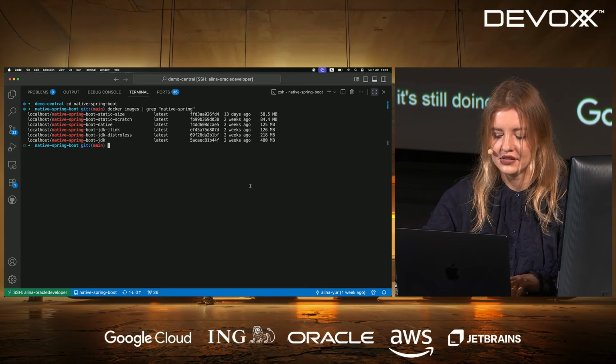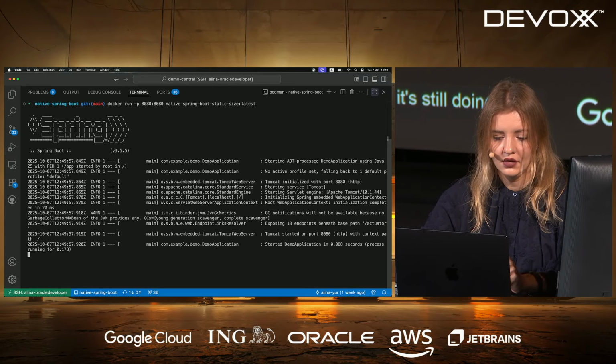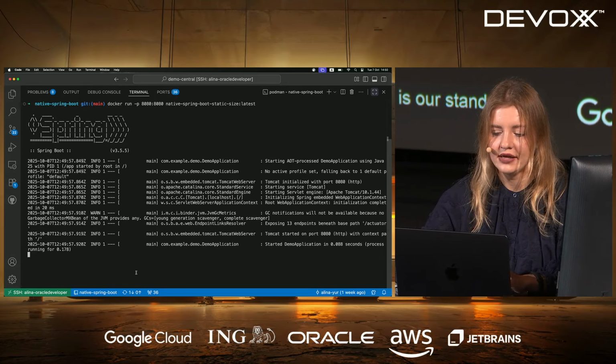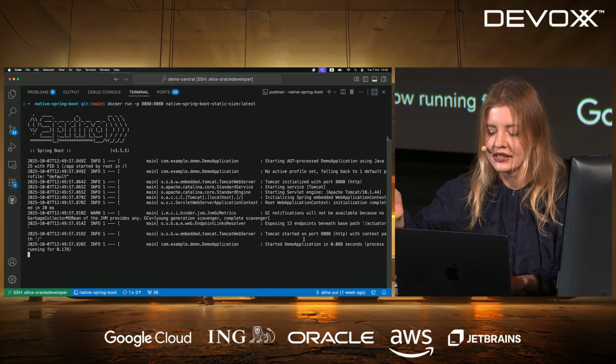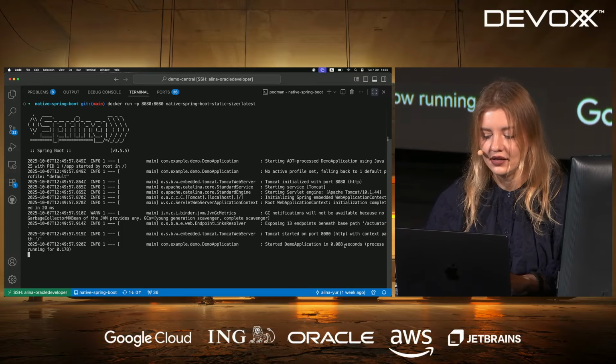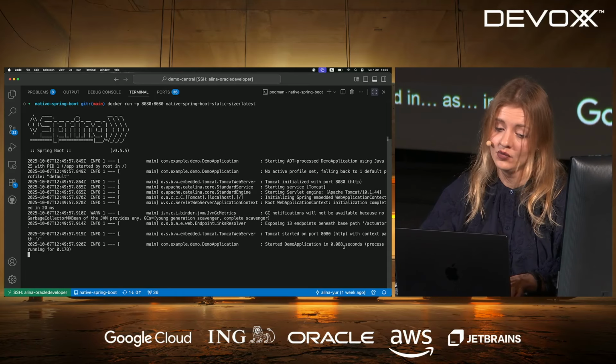Let's expand this and let's clear up. All good. So this is our standard Spring Boot. You can see that it was quite fast, but this is now running from a container, so our output looks a bit different. And it started in 88 milliseconds,